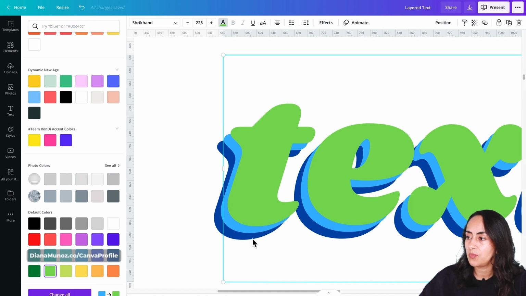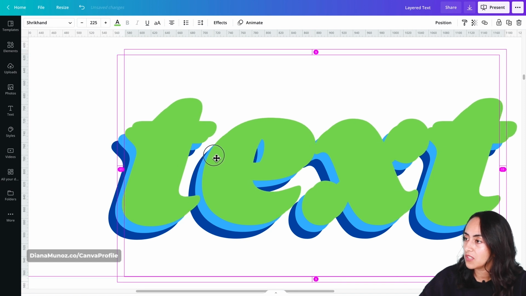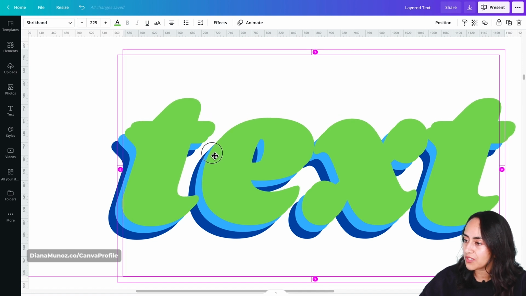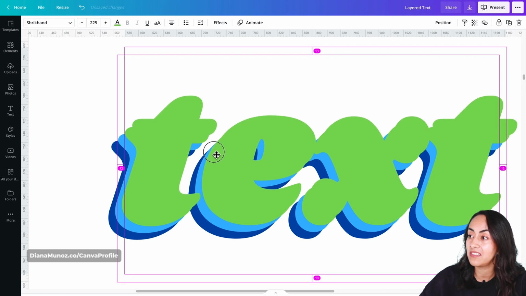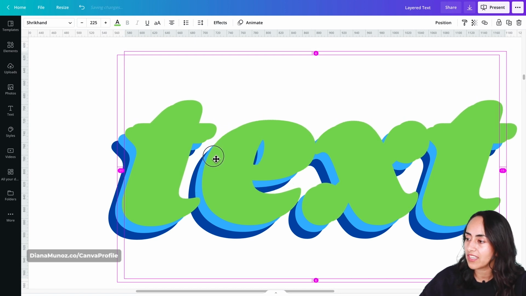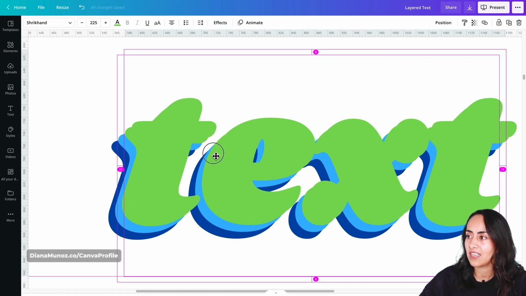The next color is going to be a yellow text box, so I'm going to continue with my process. Let me be very precise. If you try to get exactly the same numbers but it's not letting you, because Canva has some magnetic guides that bring your text upwards or downwards and you cannot get the 11, try to get your text box closer to the number that you need. For example, in this case I see 9 up and down.